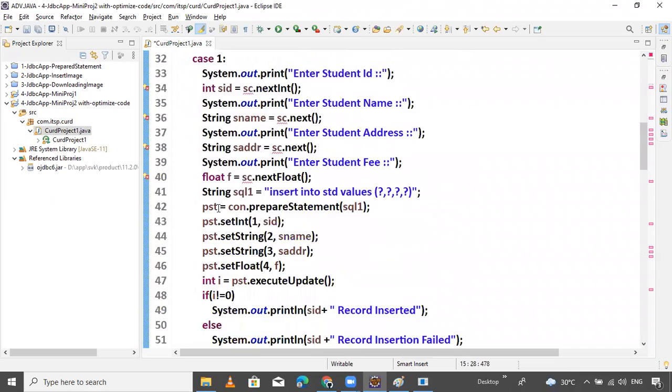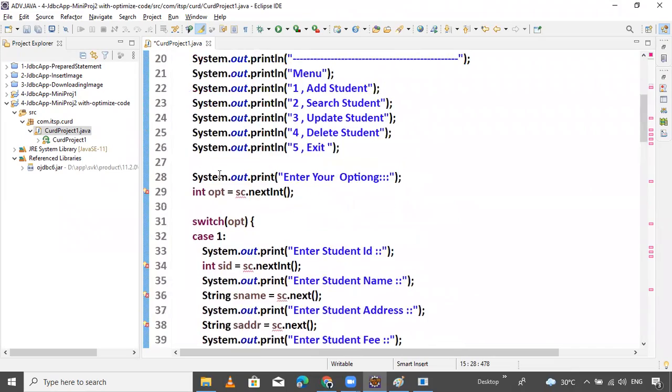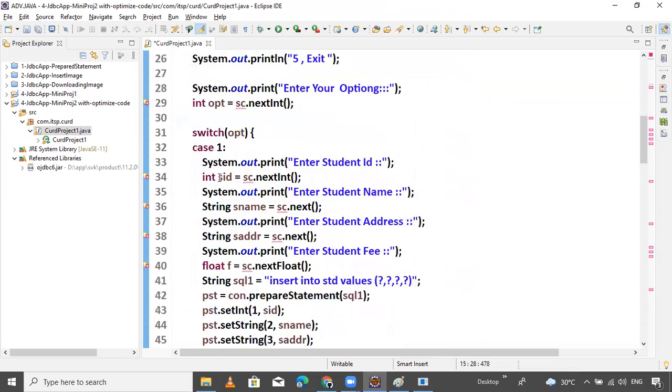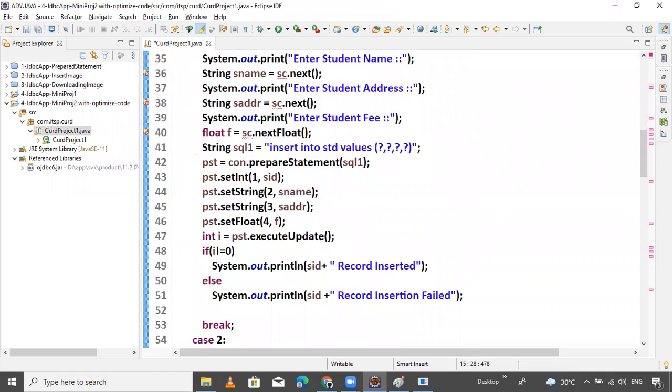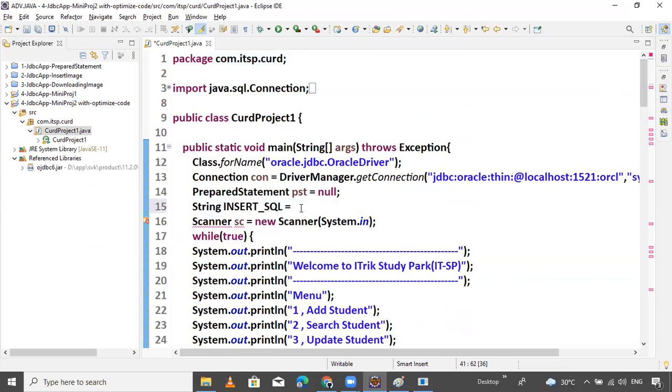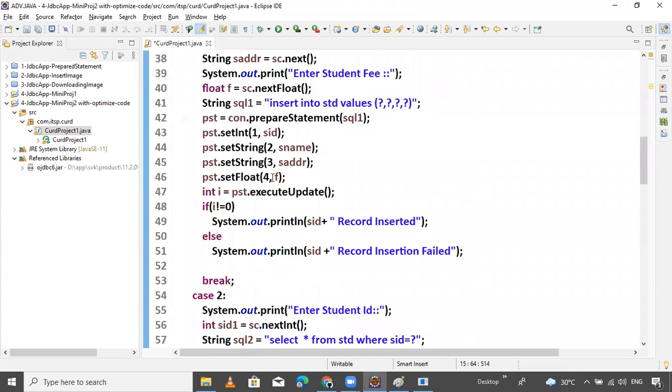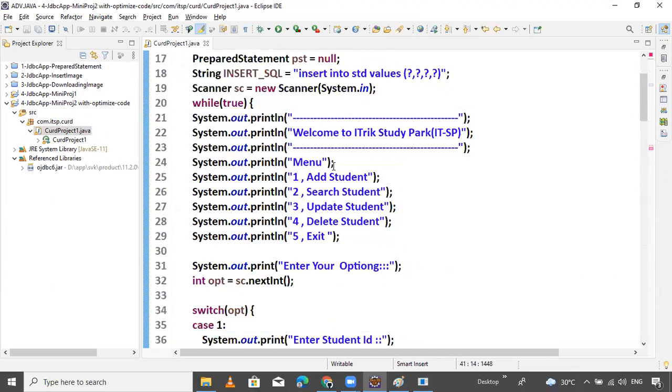Insert SQL query. Where did we declare the insert query? In the insert module, yes, this one. Copy this query. Control X, Control C. Just paste it here. Remove this, not required here.